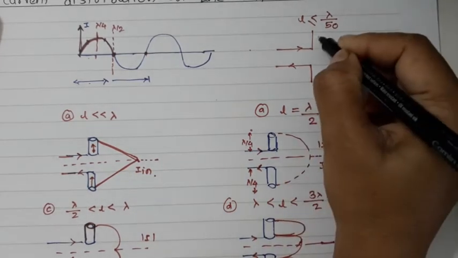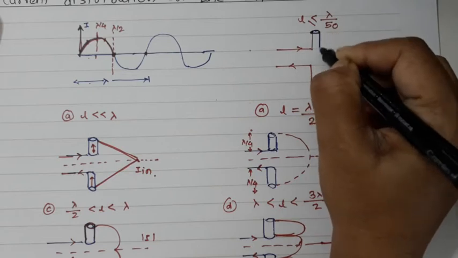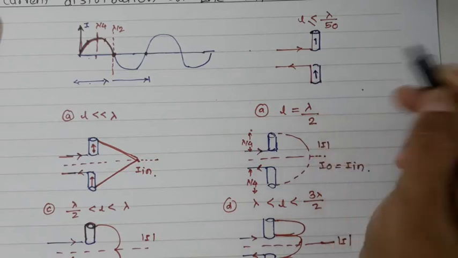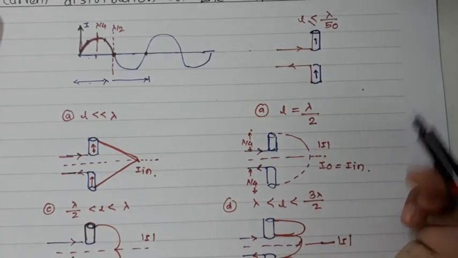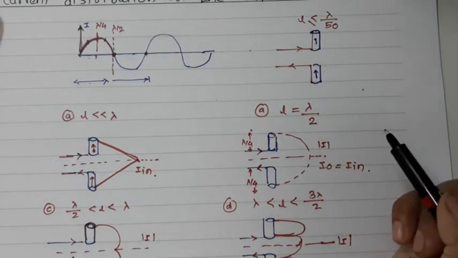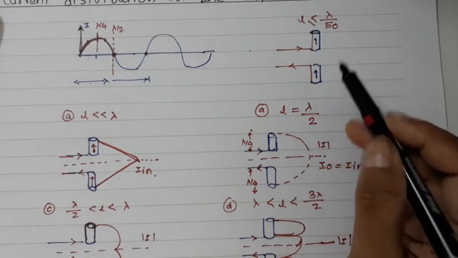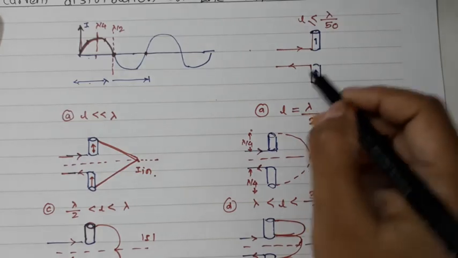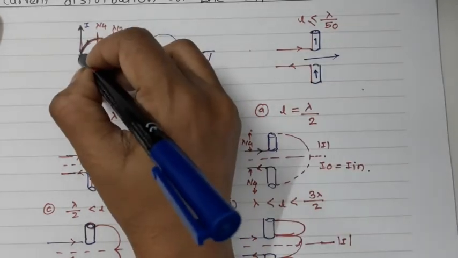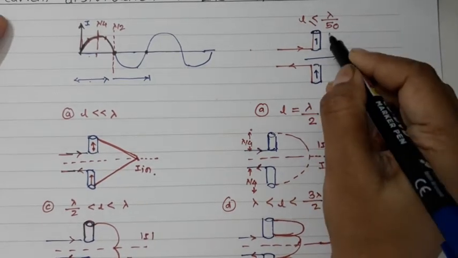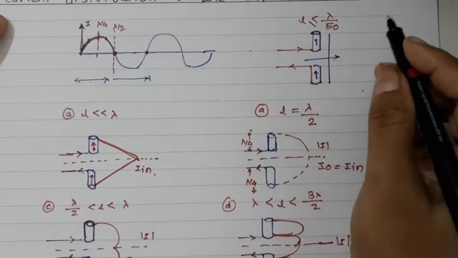So here I can understand if this is the dipole and this is the current distribution. Here the current in the upper and lower half are in phase, so it radiates more. When the length of the antenna is very small, the current along the wire almost remains constant. So if I see this kind of nature will be there. In this infinitesimal antenna I will have the current distribution almost constant.